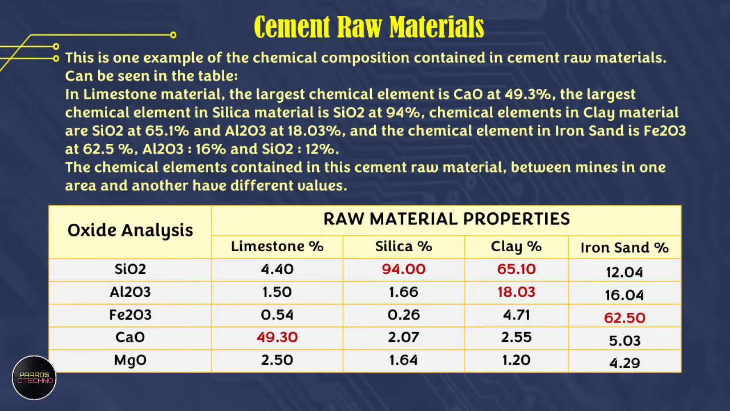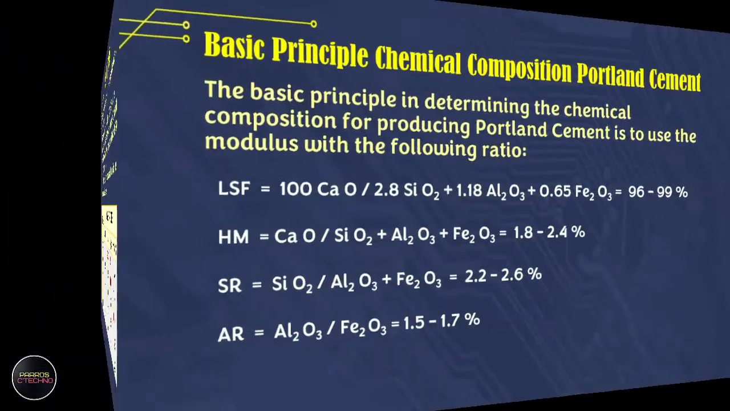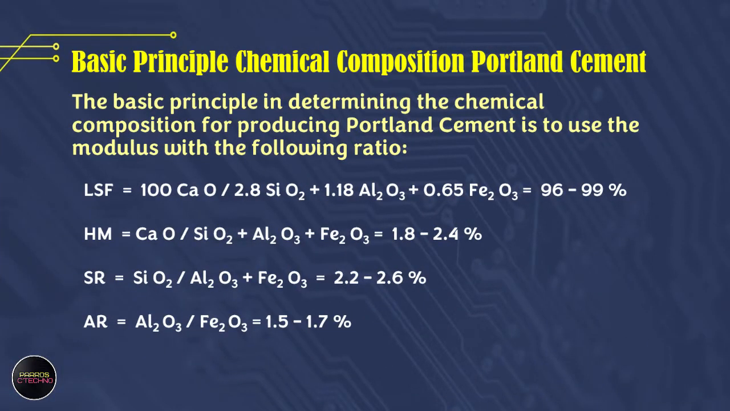The chemical elements contained in this cement raw material, between mines in one area and another, have different values. Basic principle: chemical composition. Portland cement. The basic principle in determining the chemical composition for producing Portland cement is to use the modulus with the following ratio: LSF or lime saturation factor is 100 CaO divided by 2.8 SiO2 plus 1.18 Al2O3 plus 0.65 Fe2O3,